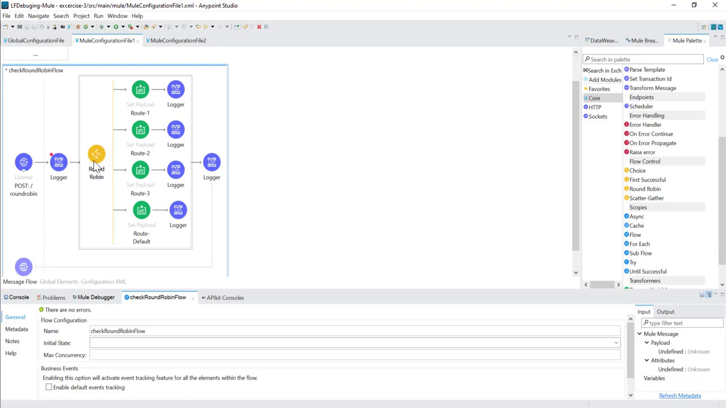Basically, in the round robin, if you see the icon, it is showing as circular. That means it will try to execute the routes in a circular manner. Whenever we send the first request to the check round robin flow, it will push that message to the first route. Next time, whenever the flow receives the second message, it will try to send that to the second route. Again, when the third message is received by the check round robin flow,